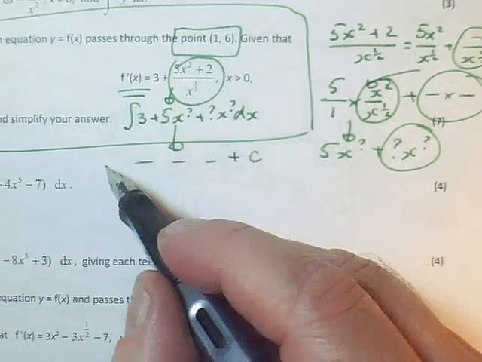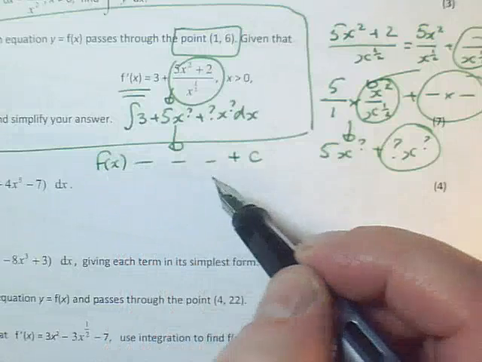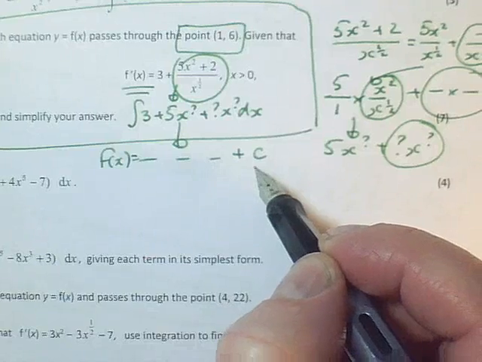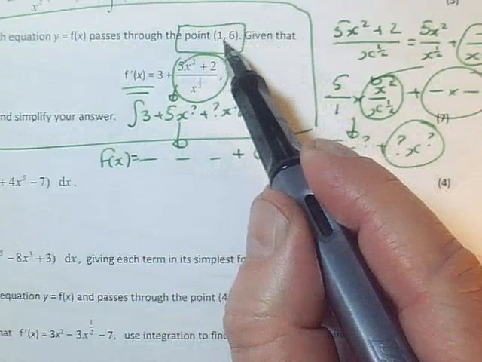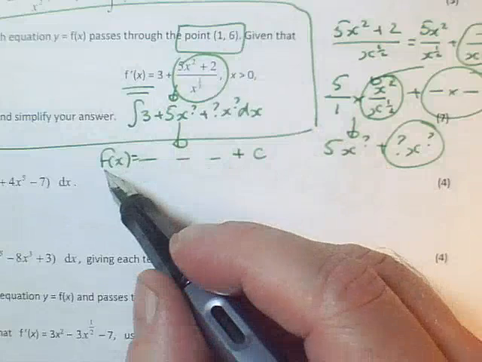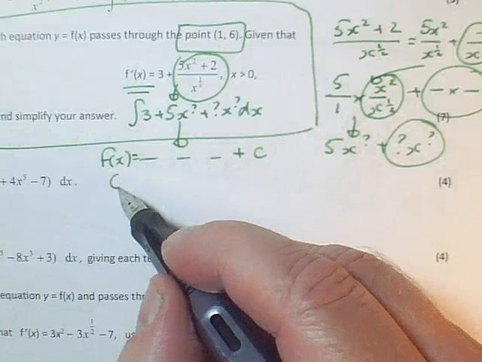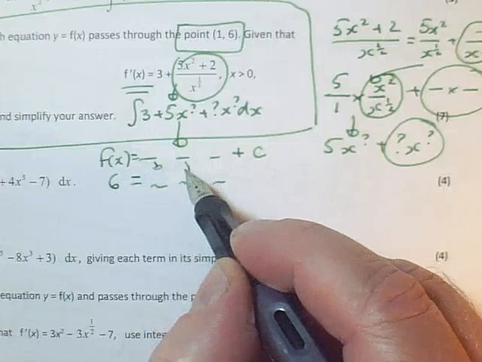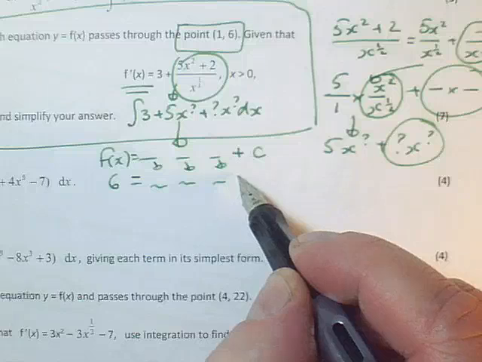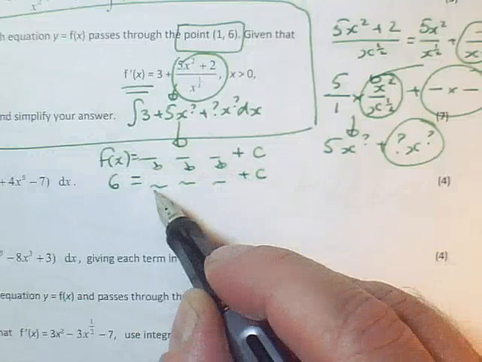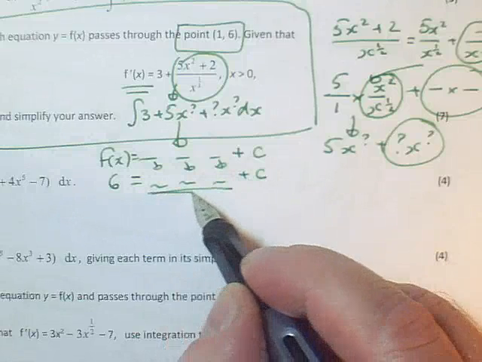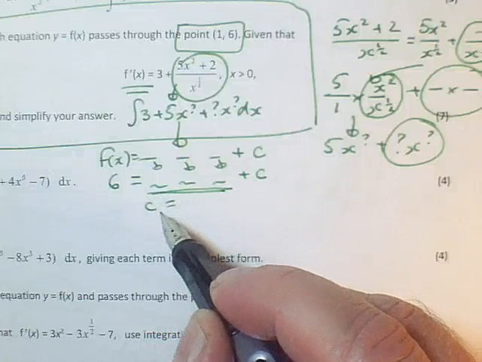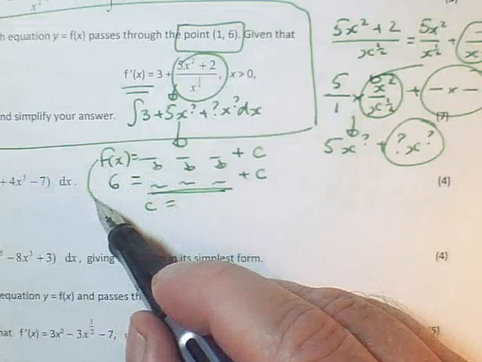So this is going to be our f of x. But at the moment, f of x has got a plus c at the end, and I have to find out what c is. But I know that when x is 1, f of x is 6. So I'm going to be able to say that 6 equals some terms again, but these, I can take x to equal 1 in these, and put plus c at the end. So since all of these are now numbers I can work out, I'm going to be able to say what c is. And once I know what c is, I can replace that